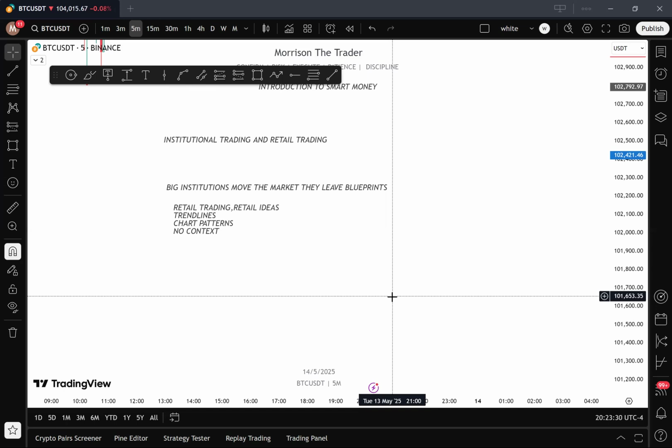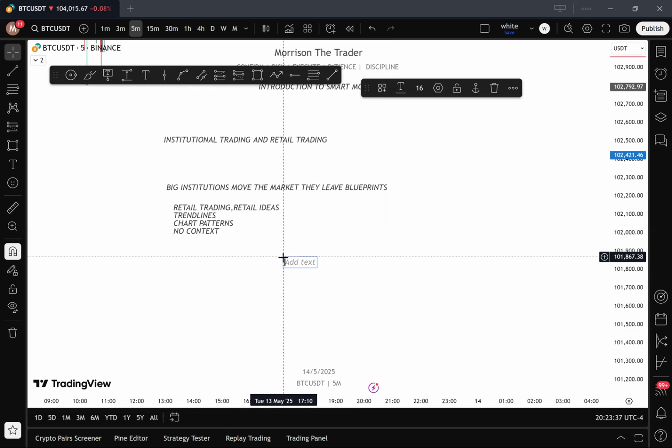So that is what we mean by smart money. In smart money, we have some terms like manipulation. When we say manipulation, manipulation is whereby